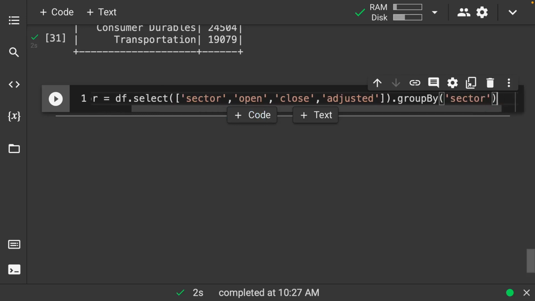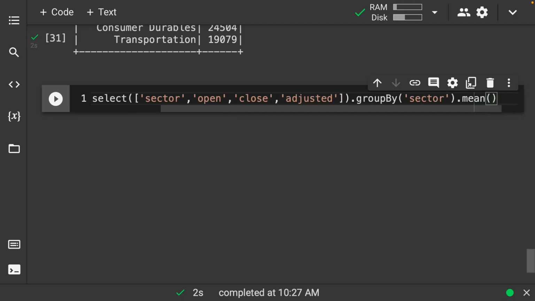And what do we want to do here? We always have to have some sort of aggregation function onto this. So let's do .mean